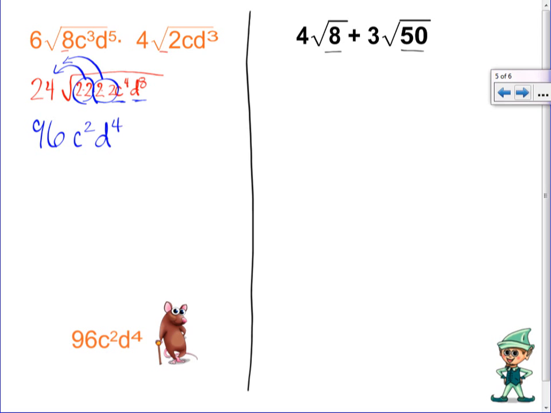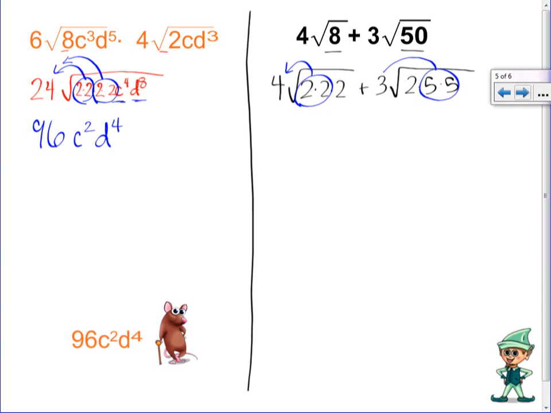Okay, so we're looking at 4, and then 2, 2, 2, 3. What's the prime factors of 50? 5, 5, 2. Looking for groups of size 2. So we've got this here that we'll take out, this that we'll take out. So our first one is what? 8 root 2,